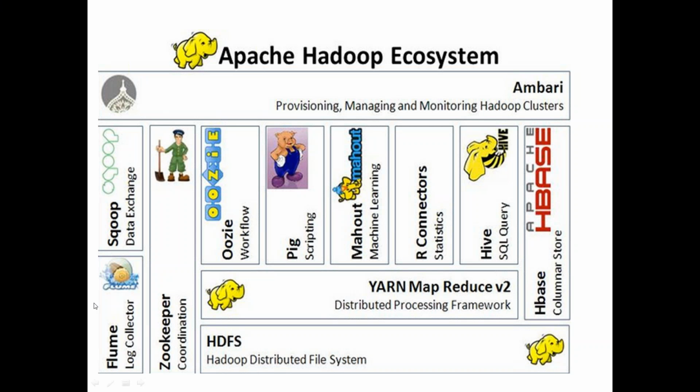And Flume is another tool which is used for log collection. Say for example, if I have a real-time server which is writing something onto its server logs, and I want to pull down the data onto Hadoop, I'll be using Flume as a log collector framework. It will be near real time. We can send across the data from any of your real-time systems onto Hadoop, and we can start processing the data in real time itself.